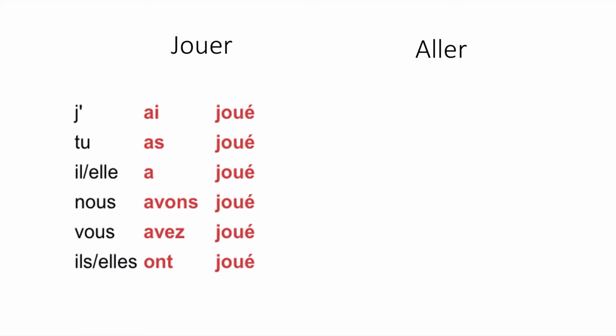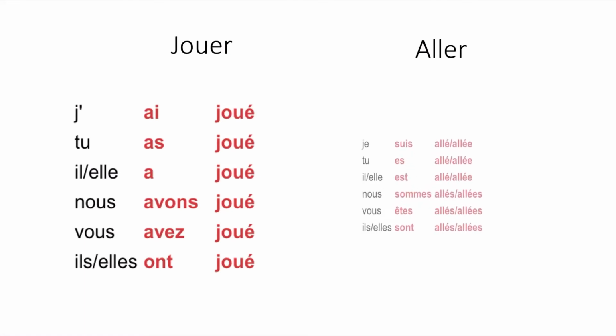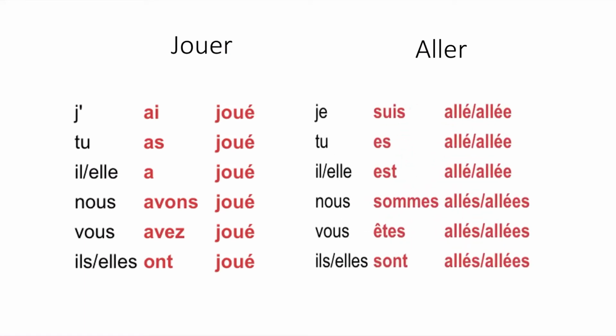Jouer is a regular verb, that's why we cut the er and replace it with é. And we repeat it in each pronoun. But aller takes être, that's why we put être here. And to form the past participle, aller is a regular verb, that's why we put é, é, é